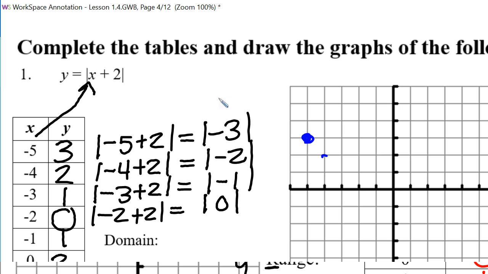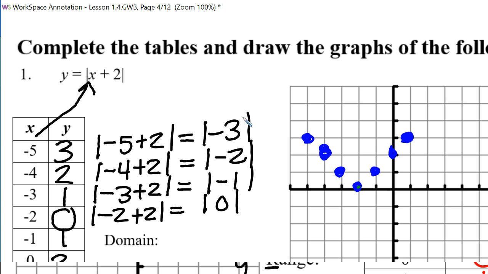Negative 4, 2. Negative 3, 1. Negative 2, 0. Negative 1, 1. 0, 2. And 1, 3. And if we did the math correctly, and if we graph the points correctly, you should always have a V